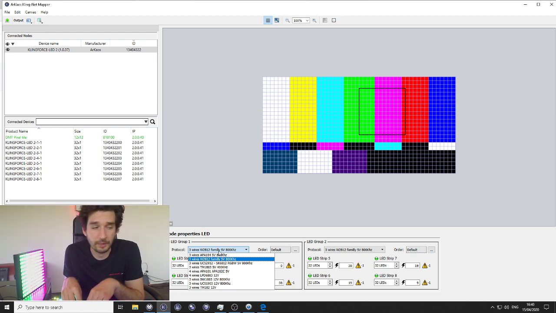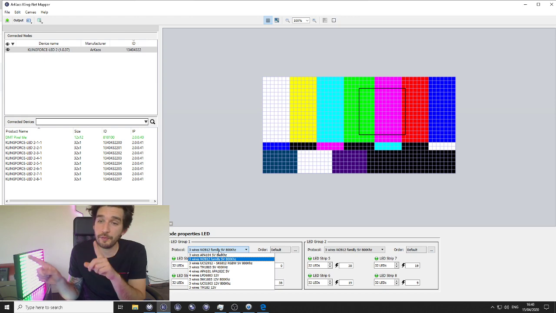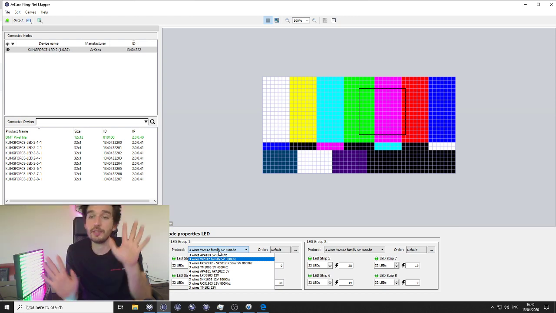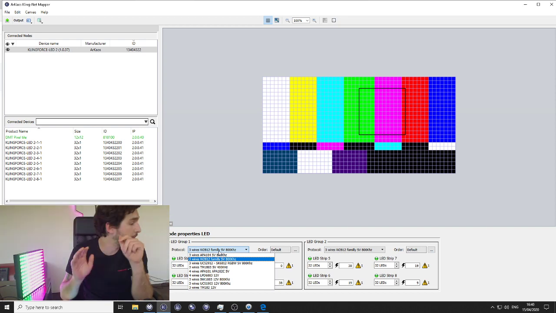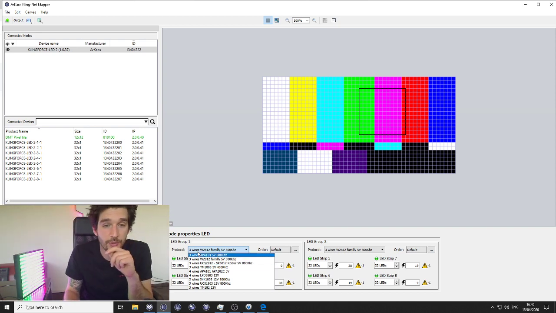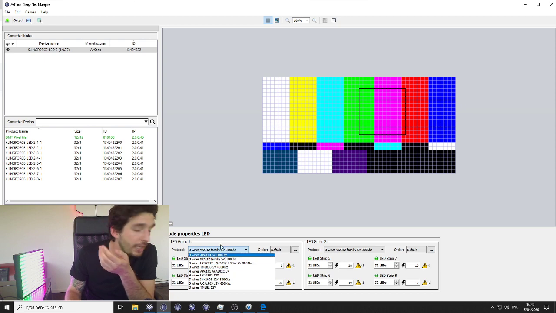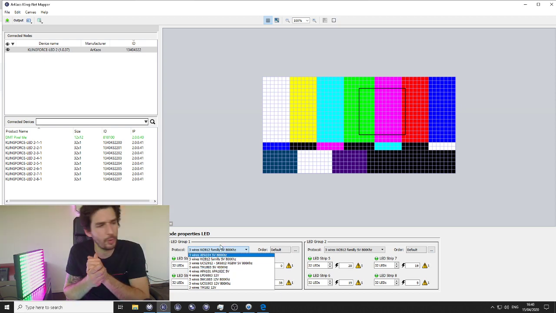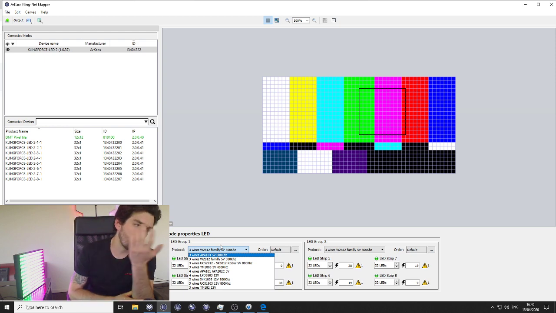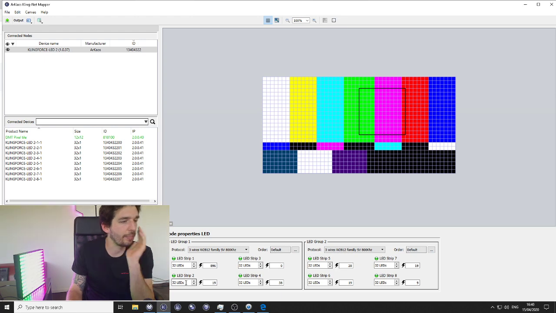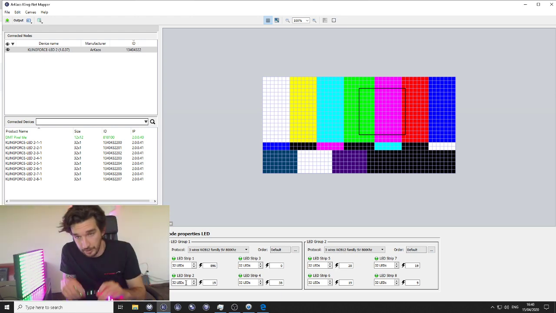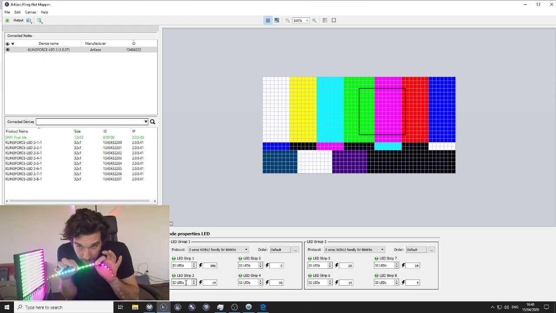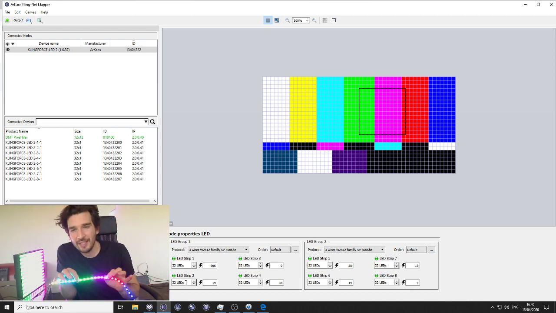your tape is running. You see that I have 2 groups of LEDs, 1, 2, 3, 4, 5, 6, 8. It means on the same driver I can have 2 kinds of LED strips connected. In my case, that's the WS2812, which is the most common protocol. That's the protocol of my LED tape.